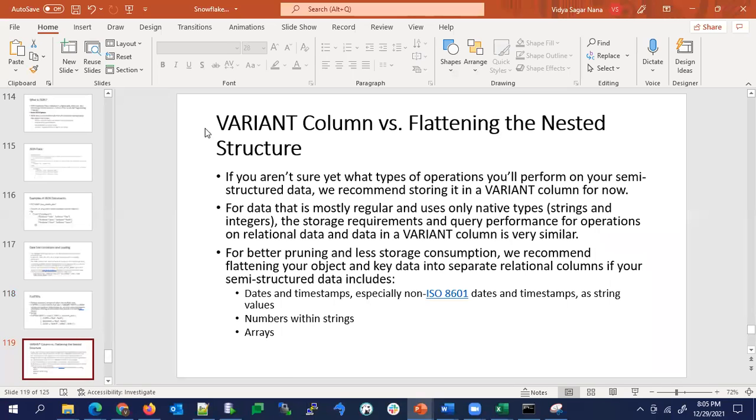There is also a comparison for variant object type and flattening the nested structure. If you are not sure what type of operations you will perform on your semi-structured data, Snowflake recommends using the variant column type, storing everything in a variant column and performing all your operations.